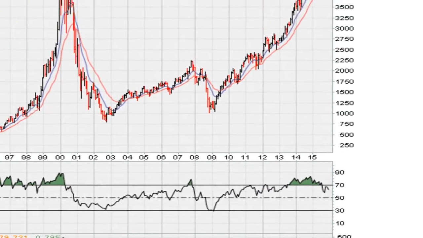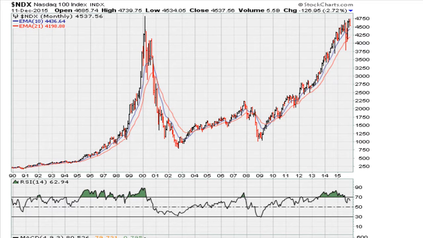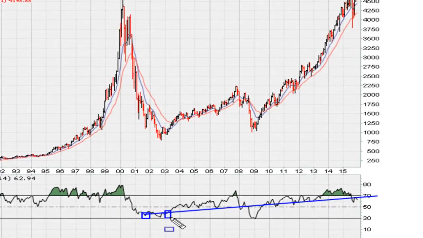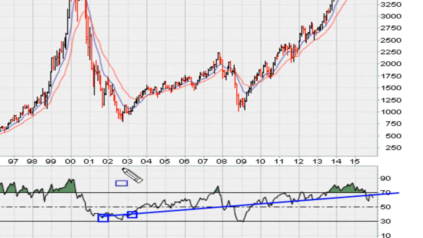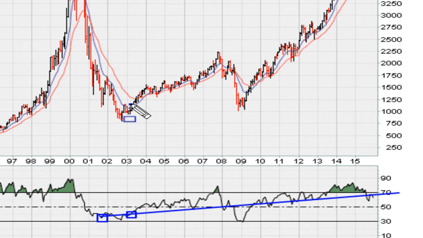Now let's switch here and take a look at another line going back to the lows of 01, and I'm going to draw it this way so it can make some sense. It's one way of looking at it, and you can see that this line did give us a buy in the market once the market moved above that line sometime here in 03. It was support here,